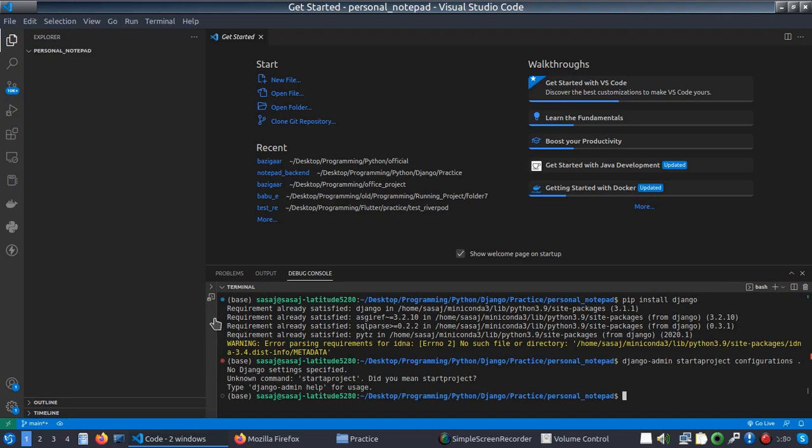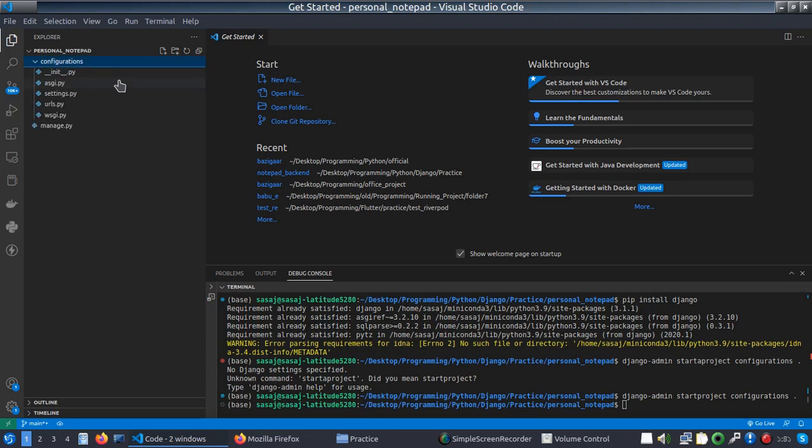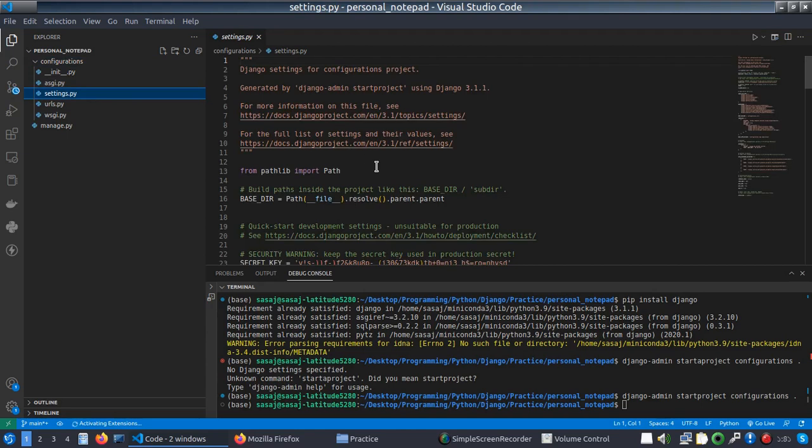Okay, I made a mistake here in writing the code. Start project. Okay, now it has created a configuration folder, and under the configuration folder there is a settings.py, and